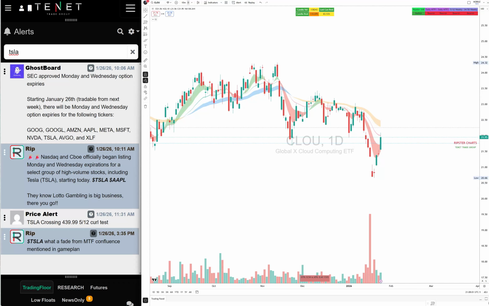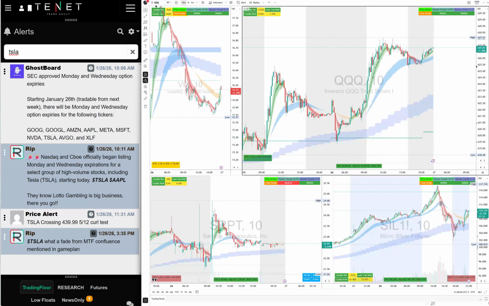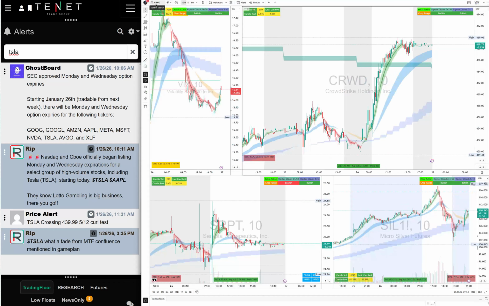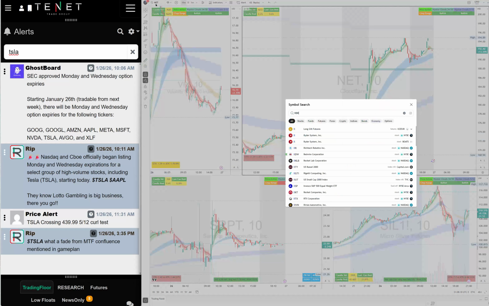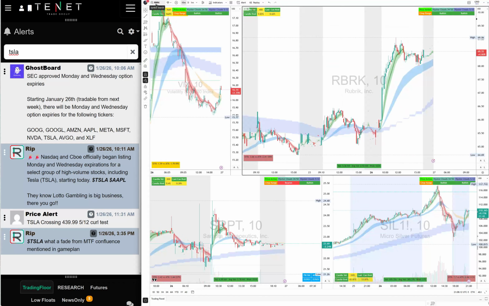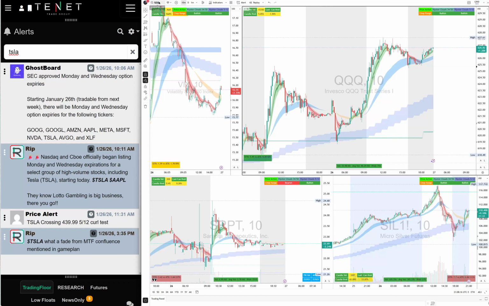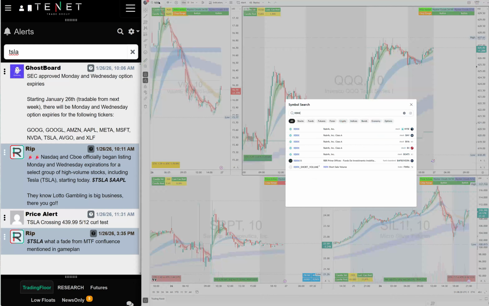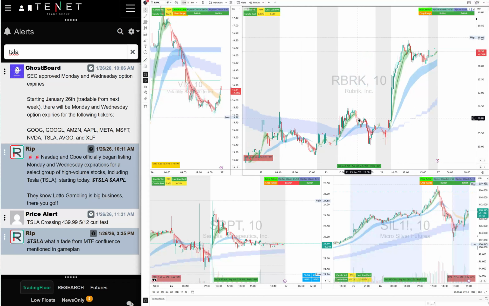Now you could pick up anything from that sector long. It would have worked for you. CrowdStrike was pretty good. Net, I just talked about, and other names like Rubrik. So you could find the leaders which are strong, keeping the QQQ strong to find your swing opportunities, your day opportunities. Of course, if you want to day trade, you could just day trade them. With the clouds, for example, RBRK was breaking out of the 1 hour MTF clouds, pushing nicely. So that's a lesson for you on how to analyze different sectors.